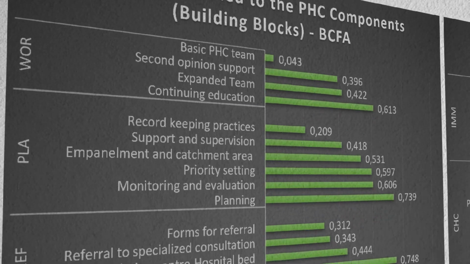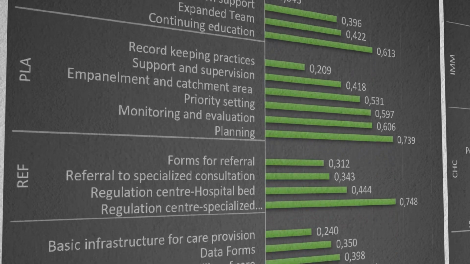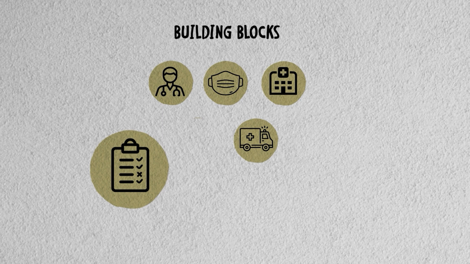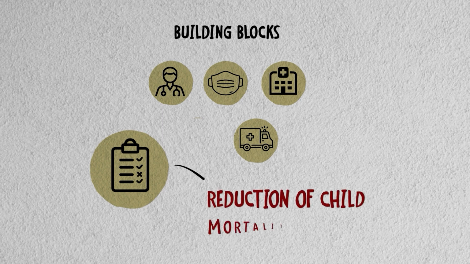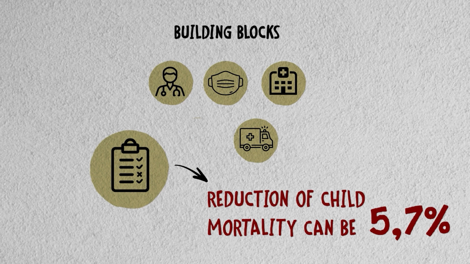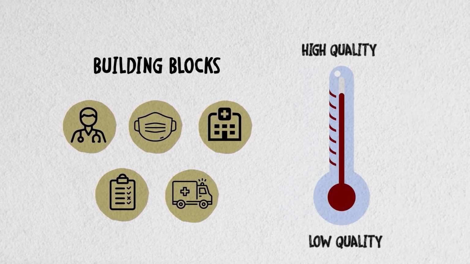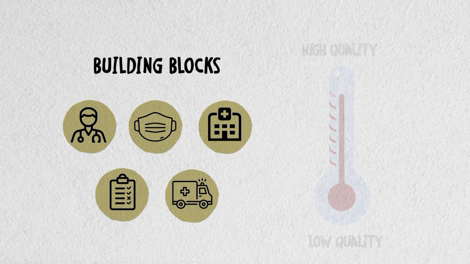The main results of this study show that substantial improvements in the quality of planning and organization of health teams' work may result in a reduction of more than 5% in child mortality. And that is already a great impact if we consider that it is just one of the components of primary care. Another important result is that when we simulate a significant improvement in the quality of all of the building blocks at the same time, we predict an even greater reduction in child mortality,